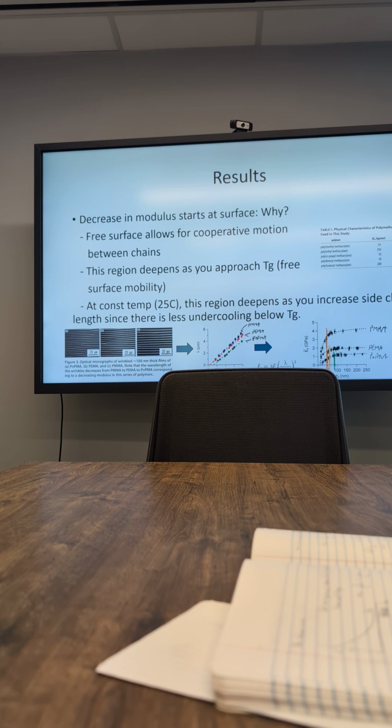Below glass transition temperature, where are you? Like what kind of structure? Crystalline, right? And then between your glass transition and your melting temperature, you are in the rubbery state, right? And then you go to the liquid, right? Yeah. So when I was reading this paper, I had to go back to that and then try to